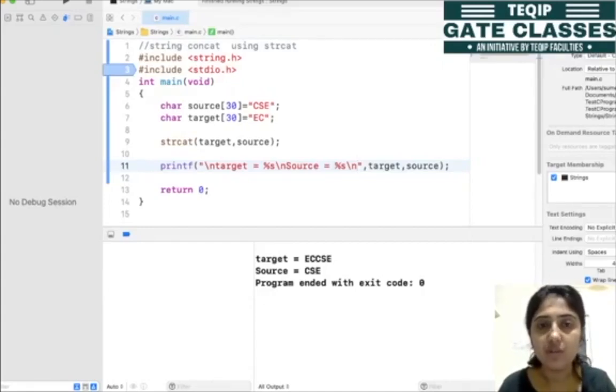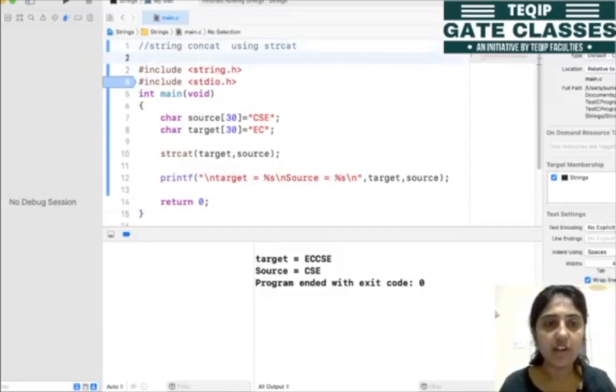So if you observe in the previous case, in the strcpy case, that is basically copying the string. In that case, whatever value the target is having, we are overwriting that value with the value of the source, or the string of the source. But in the strcat function, it is appending the source data at the end of the target. Okay, so this is how we can do the concatenation of two strings by using the strcat function. So let's see how we can do the concatenation without using this standard function.